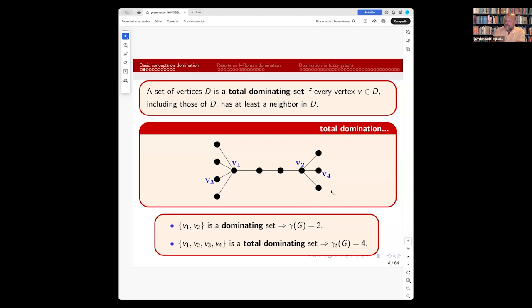There are a lot of papers devoted to studying these classical parameters, both domination and total domination. And the question is that